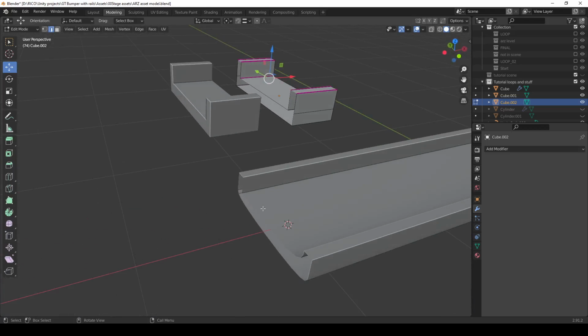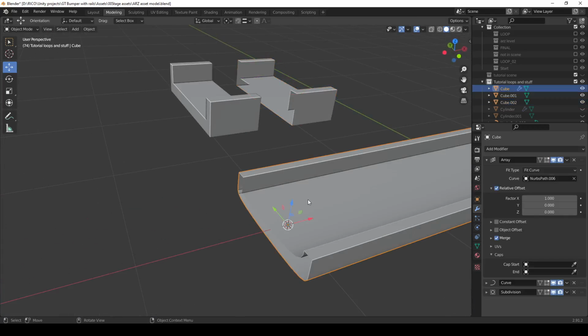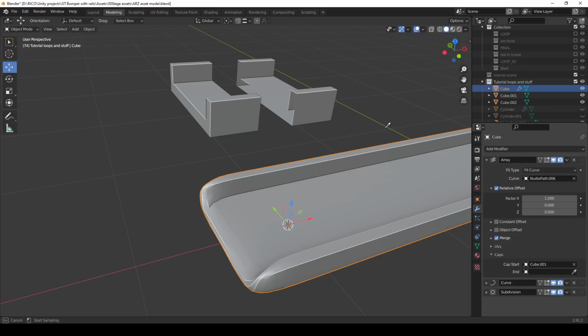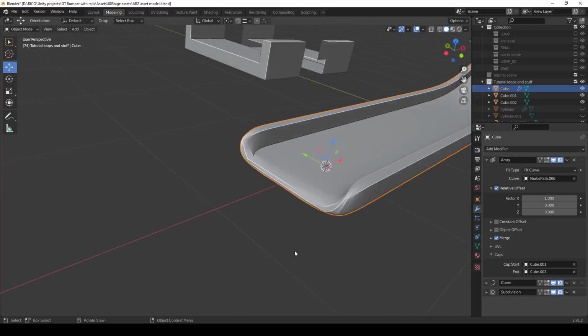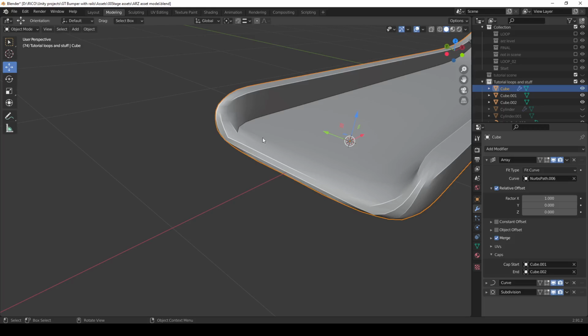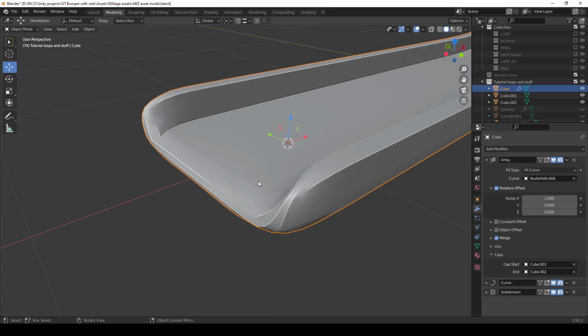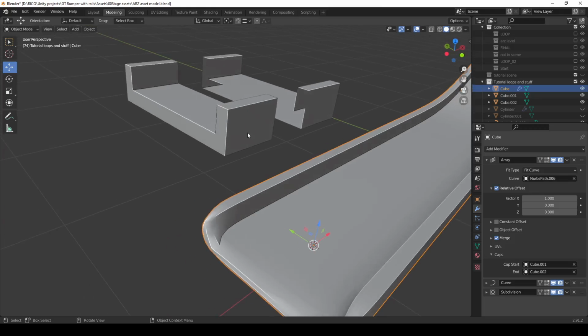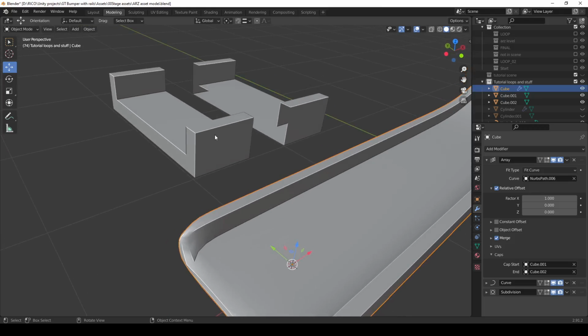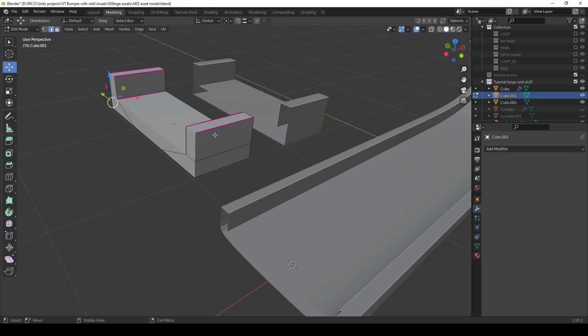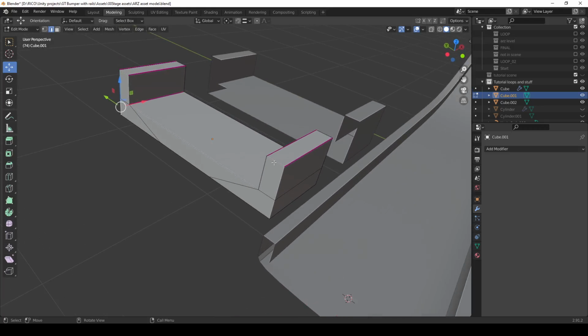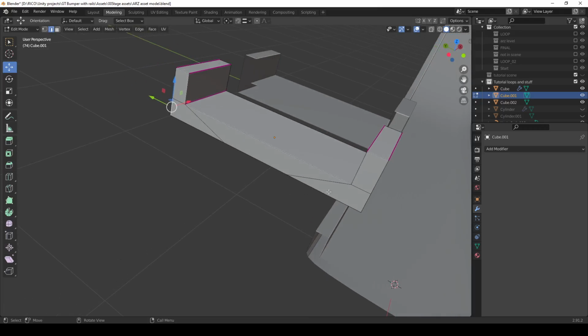Okay, so now here we're going to select this one here, and then we have a cap start and cap end. I'm going to select this one and then put it here, and then this will be for the other side. We can see that it kind of rounded off this here because we didn't create any sharp edges. So if we want to fix that, we're going to go here. What we can do, let's see,